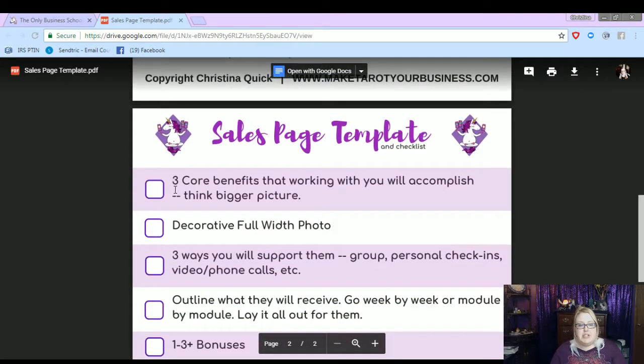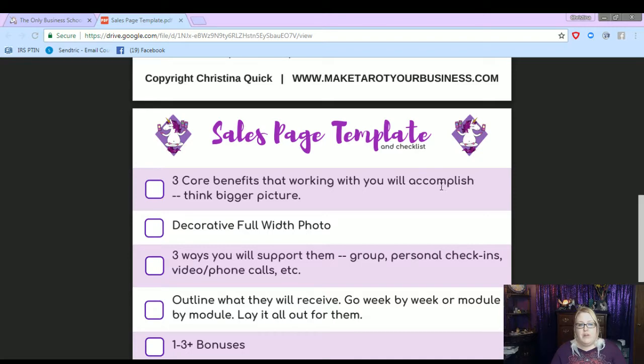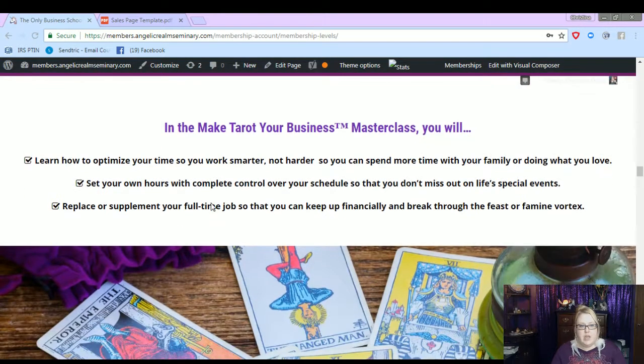Okay, and then you're going to do 3 core benefits that working with you will accomplish. Think bigger picture. So this is very information based, right? So you're going to learn how to optimize your time so you work smarter, not harder, so you can spend more time with your family. Set your own hours with complete control of your schedule so that you don't miss out on life's special events. Replace or supplement your full-time job so that you can keep up financially and break through the feast or famine vortex. So what 3 things is your course, your package, your session, what is that going to